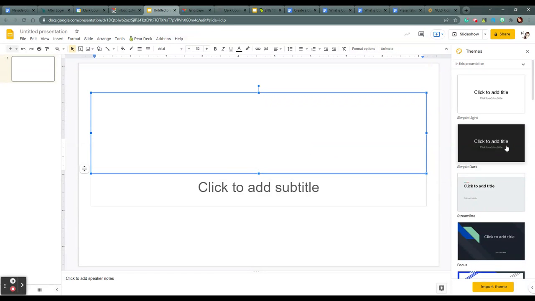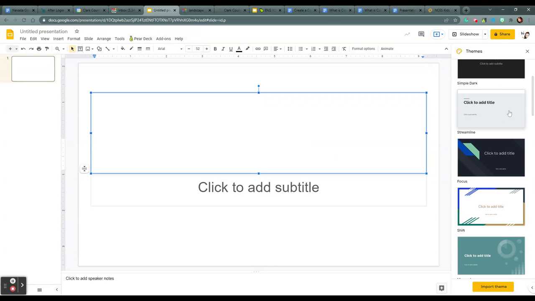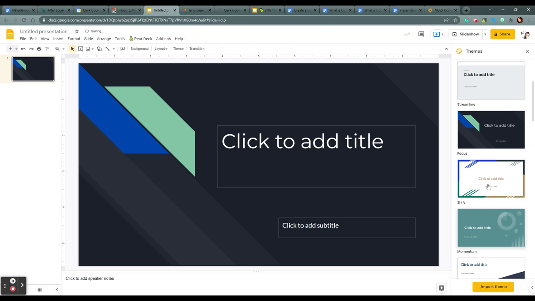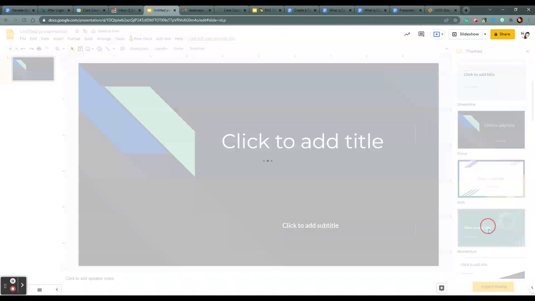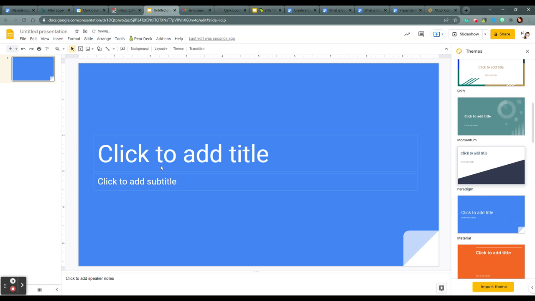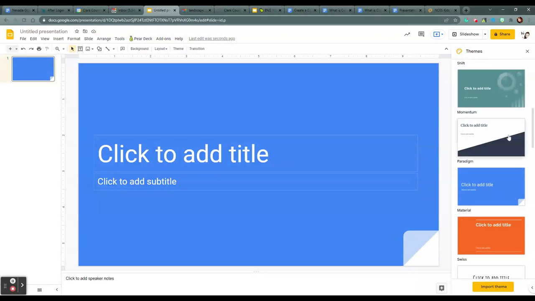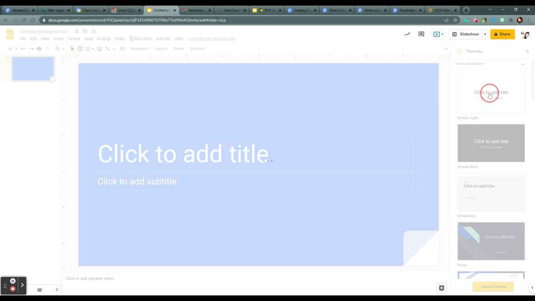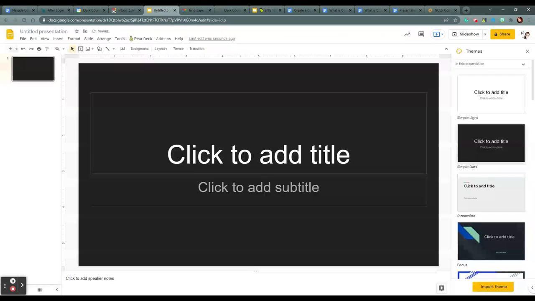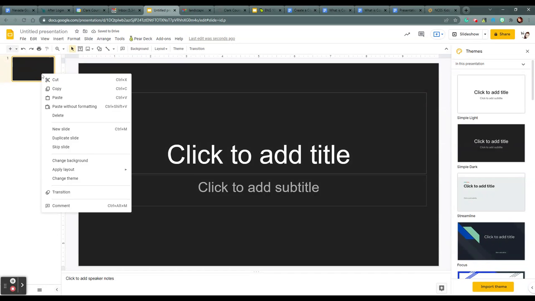don't choose one of these cheesy themes. Simple light or simple dark is fine, but these are very cliche looking. They scream like I did not try, and I just chose a theme from the sidebar of Google Slides. Don't do that. So I am going to suggest that you choose either simple light or simple dark, or just a solid color